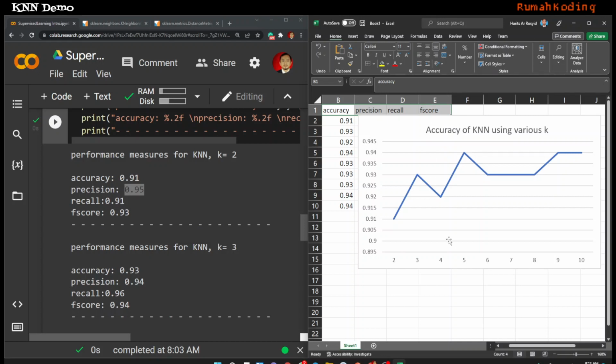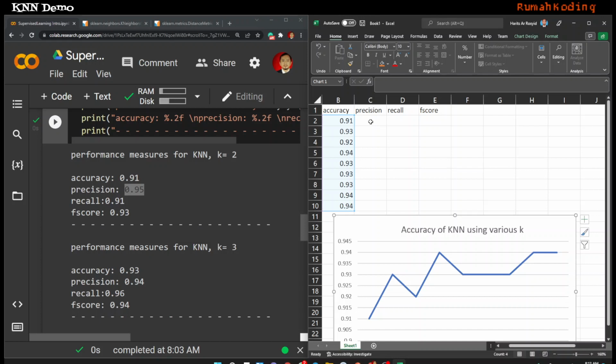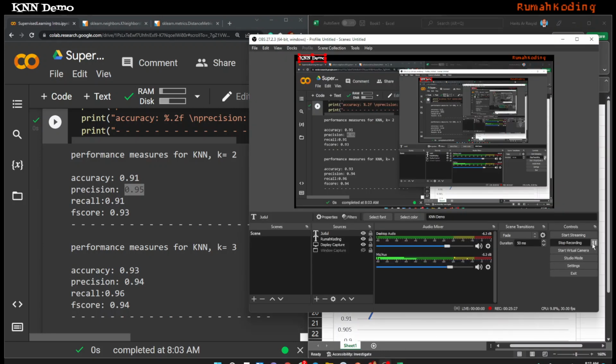metrics gitu ya. Jadi dari sini setelah kita tuliskan presisinya, kita tulis di sini ya. Presisi tulis di sini 0,95. Lalu recall-nya berapa? 0,91. F score-nya 0,91. F score-nya 0,93. Nah, dan seterusnya. Maka nanti kita bisa melihat hasil akhirnya. Hasil akhir dari